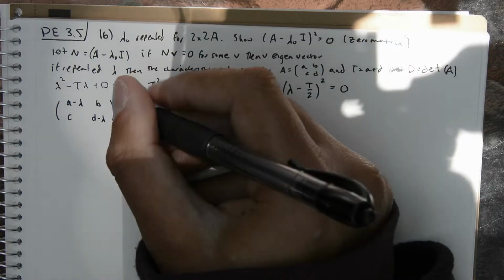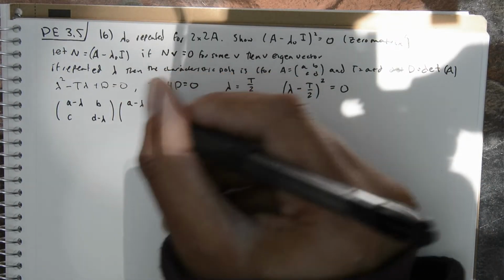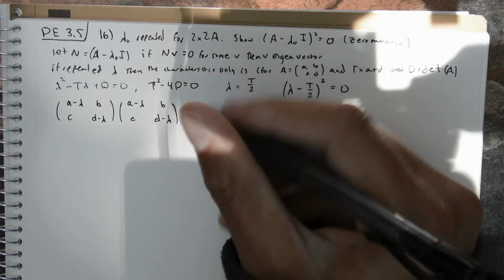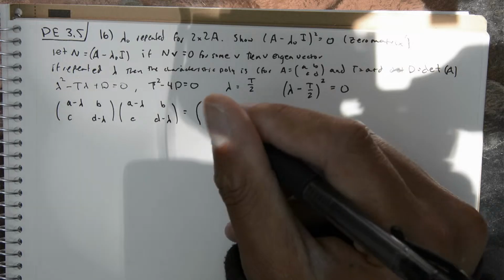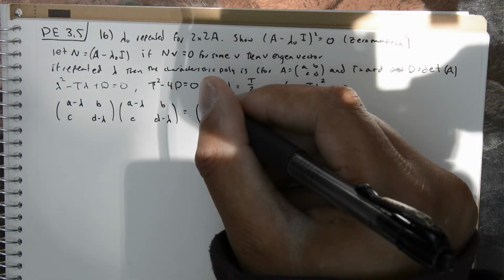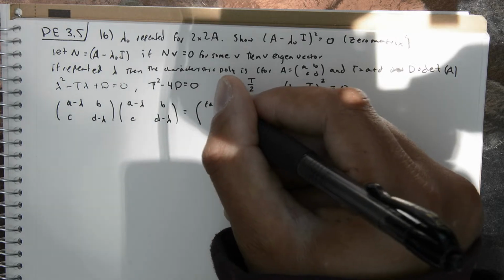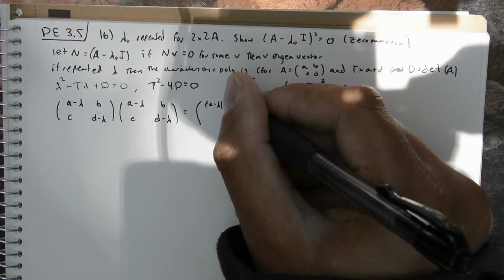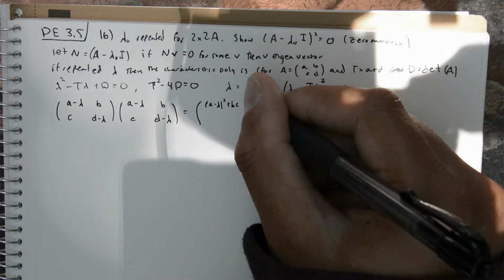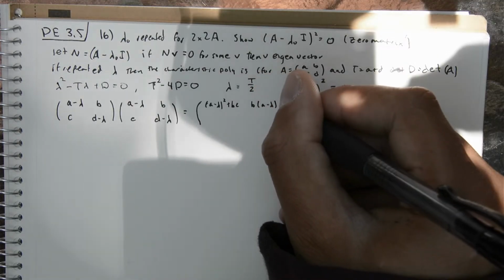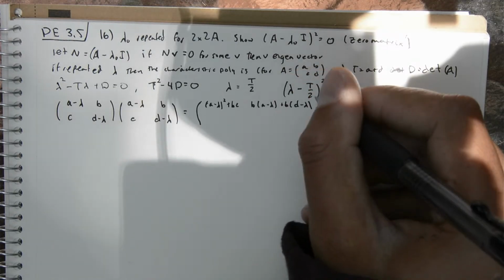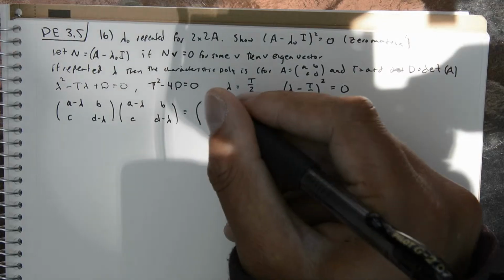If we just did this all out, a minus lambda, b, c, d minus lambda, we do this big multiplication, but we're going to get a minus lambda squared plus bc, b minus lambda, b minus lambda. And this is going to be